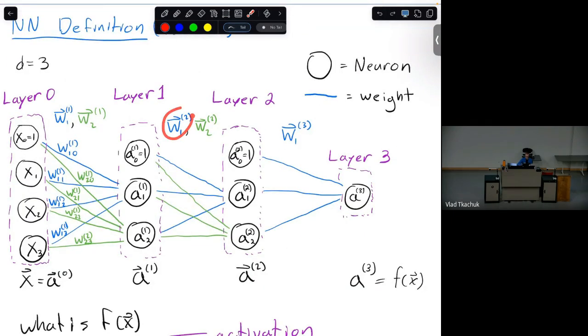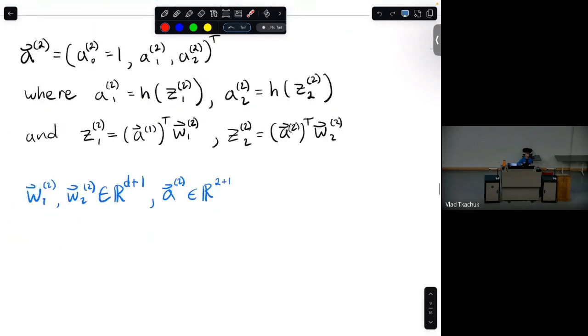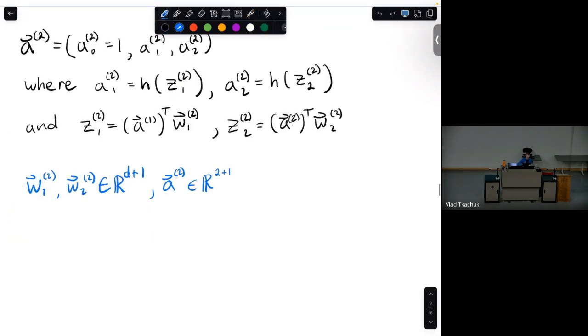These are dot producting with this feature. What is the dimension that these things have to take? Well, they should be the same dimension as this activation vector feature. So what was that dimension? That dimension was 2 plus 1. So not d, but now 2 plus 1. And then this corresponding new feature is 2 plus 1 dimensional because it's the same dimension as the previous layer.